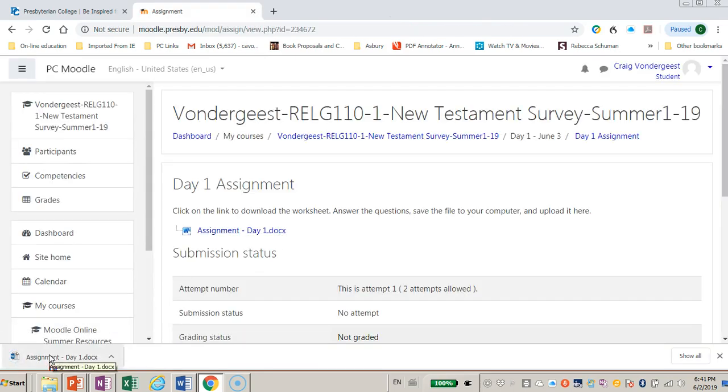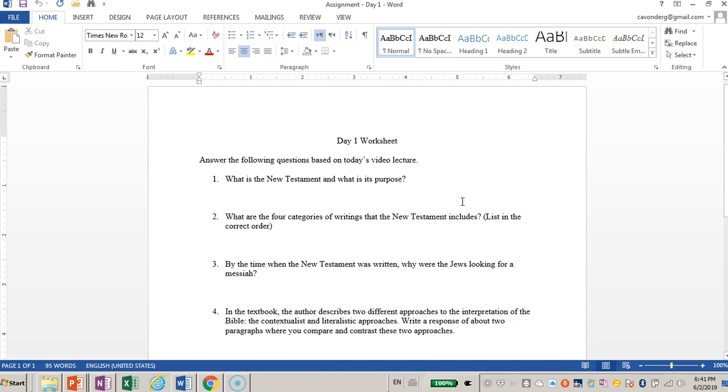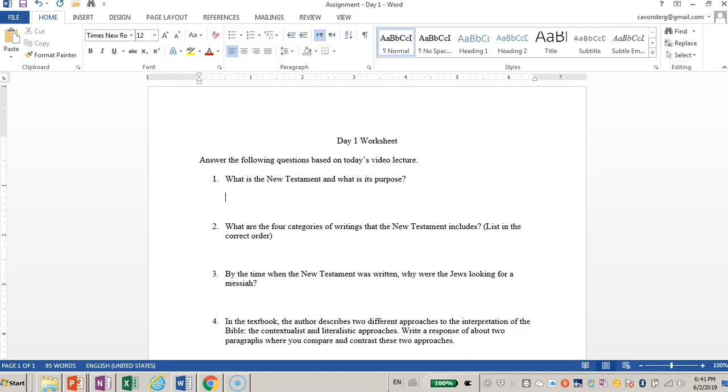and you will notice that that is going to open up on your computer. And so if you open up Microsoft Word, you will be able to have it in front of you. What you will do then is simply begin typing your answers on the sheet that you open up in Word. So there's our sample answer to question number 2. You will go down the list and you will answer the rest of the questions. Some of them will require brief answers. Some of them you may have to do a little bit of writing, but they are all designed to help with your learning and to help you get the most out of this course that you can.